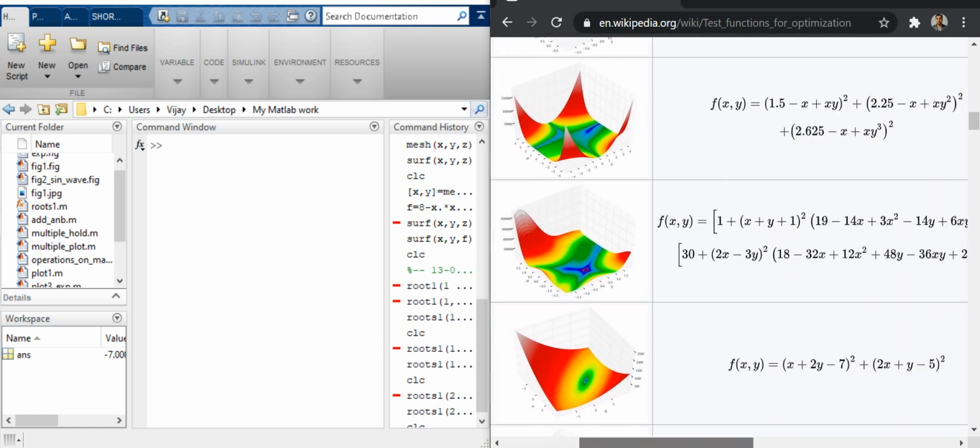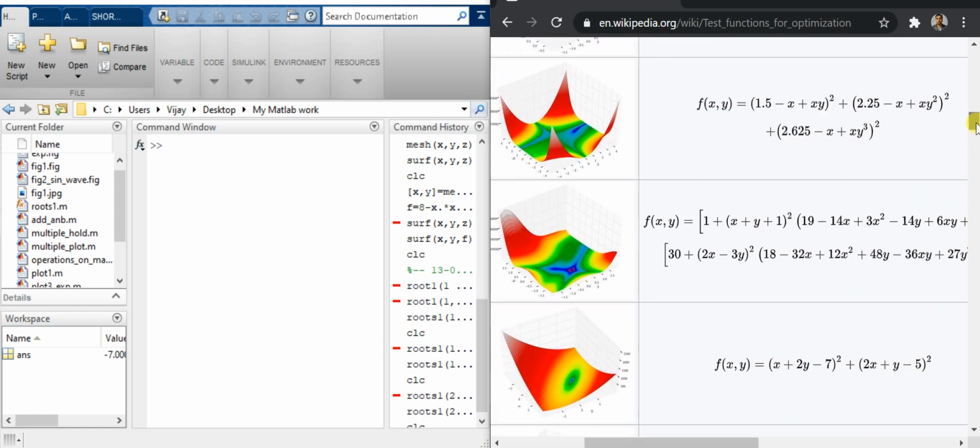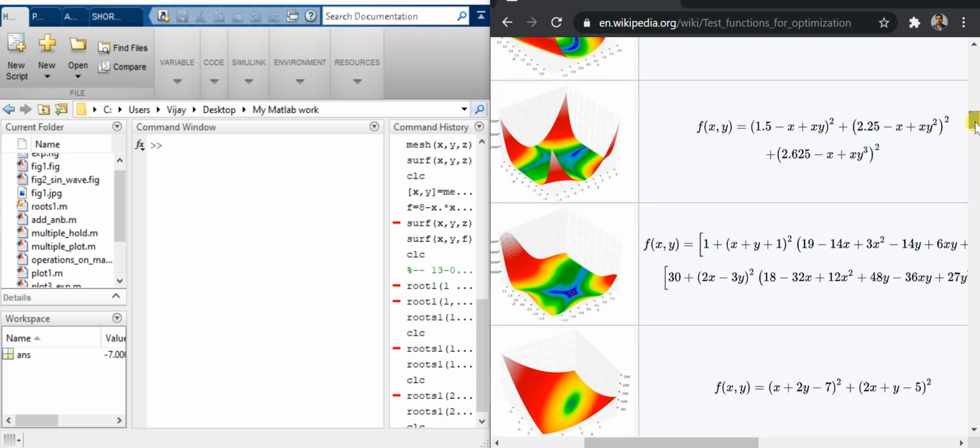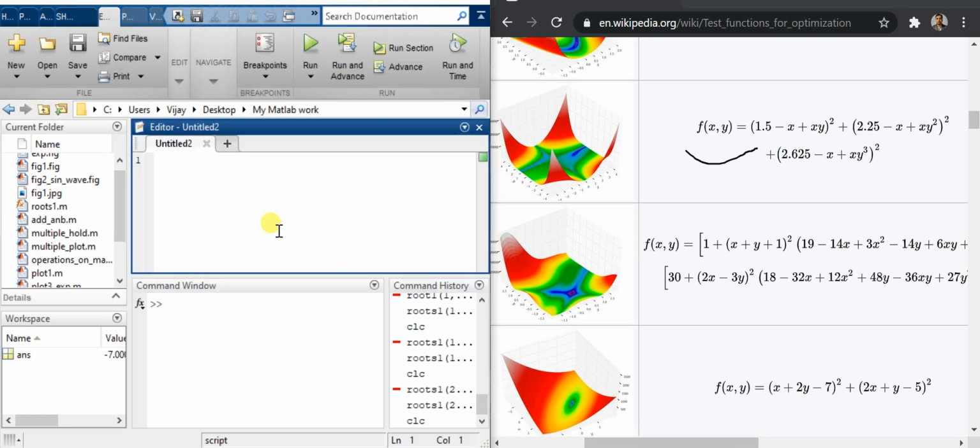Beale function, which I think is this equation. This equation is for the Beale function, and we try to code this Beale function, which is this one. So let's open a new script. Let's try to